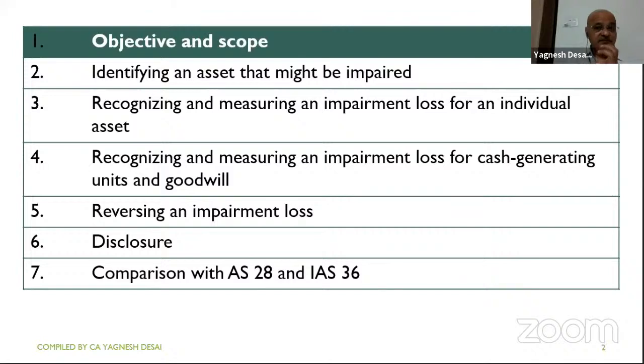So it's a concept of prudence. This is the case of overstating of assets, and hence the concept of prudence. This entire standard is based on this concept, the concept of prudence. Hence, they say that look, your carrying value is 1 lakh and your recoverable amount is 90,000. So you should bring it down to